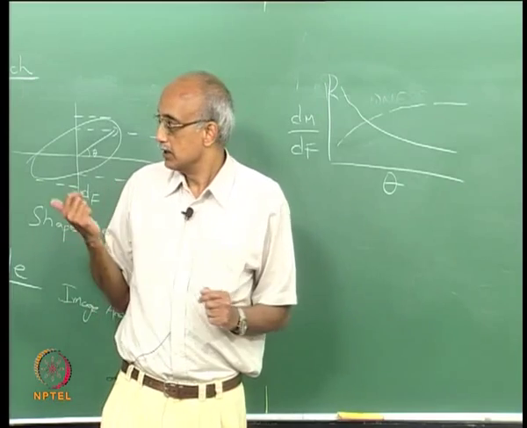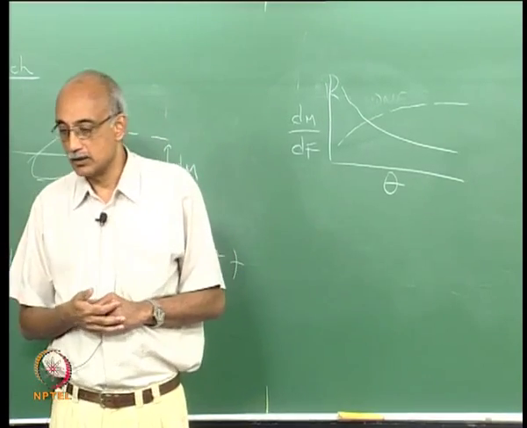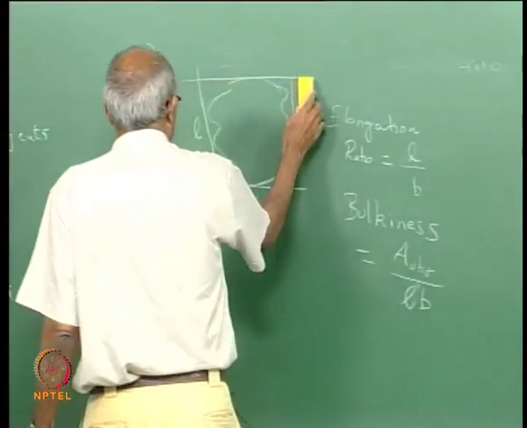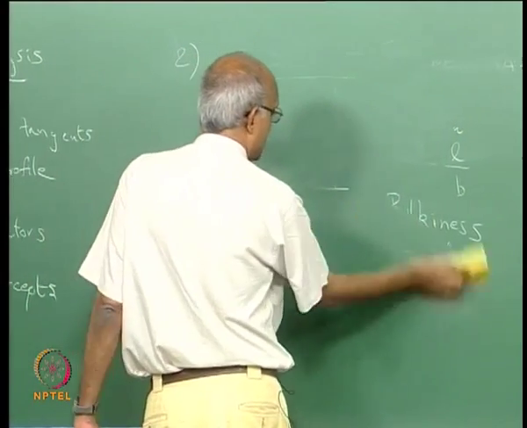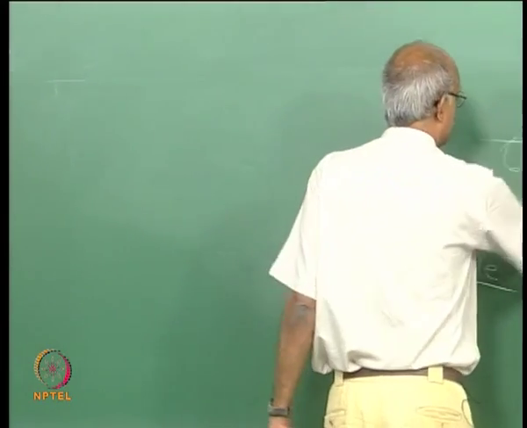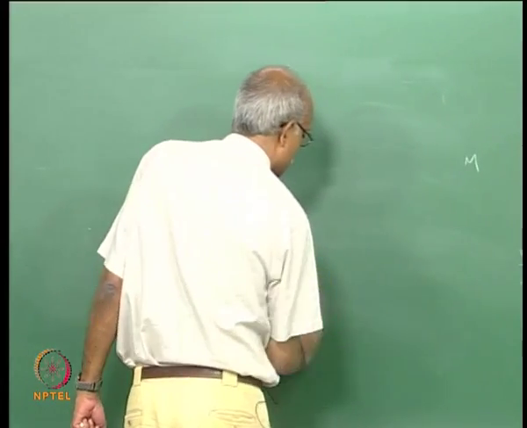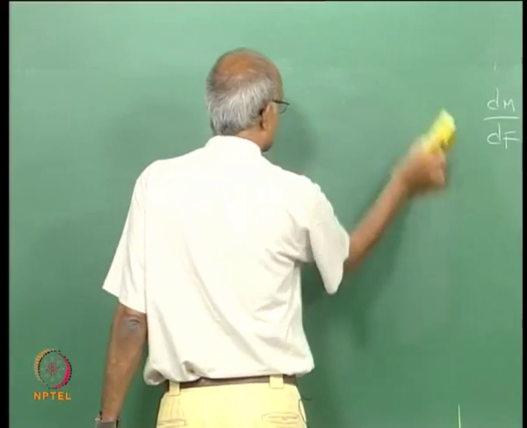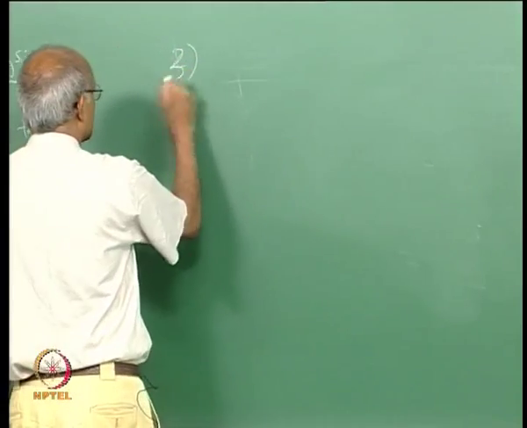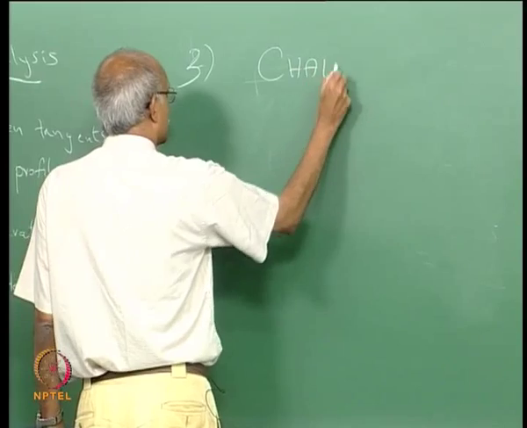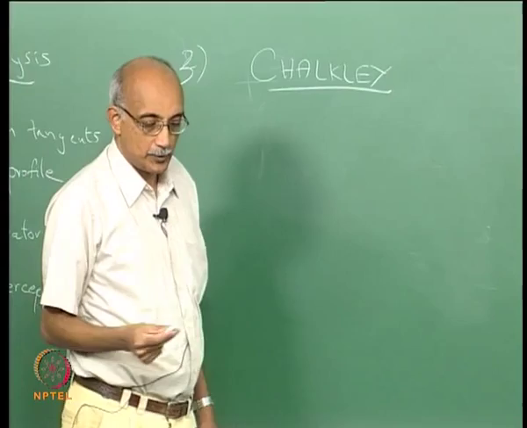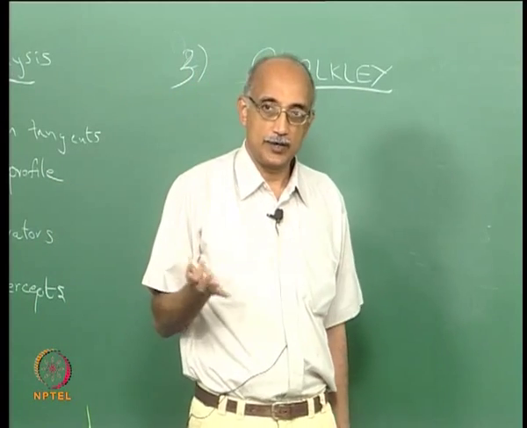The third method under this category of lengths of intercepts was contributed by a person called Chalkley, and he is the one that proposed the needle throwing method that I again briefly described in one of the